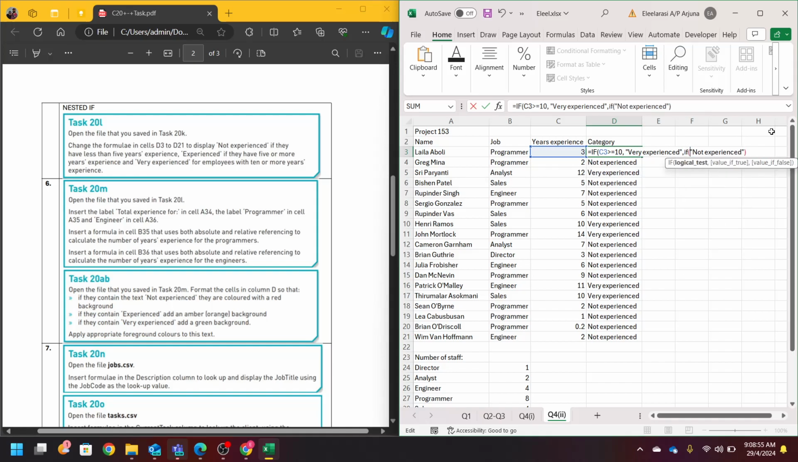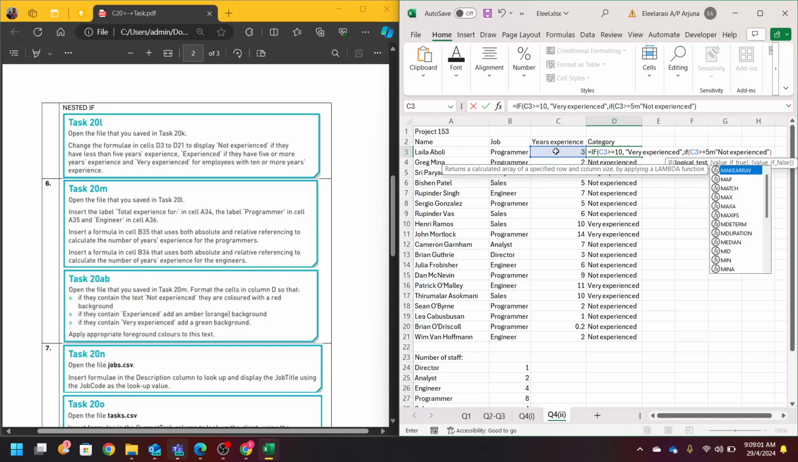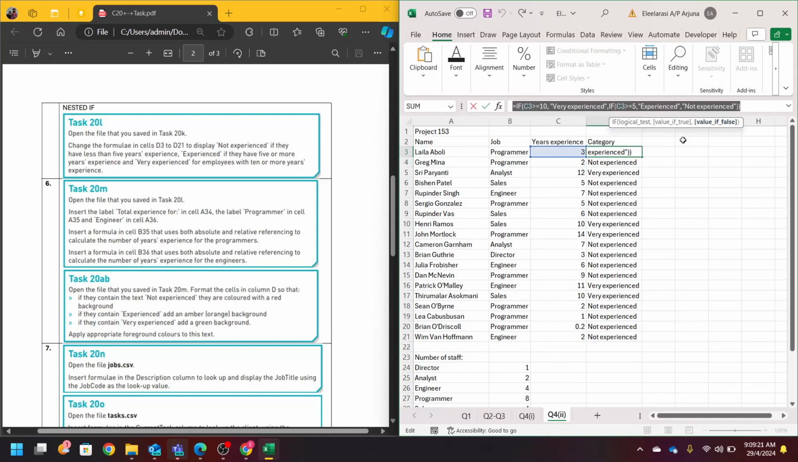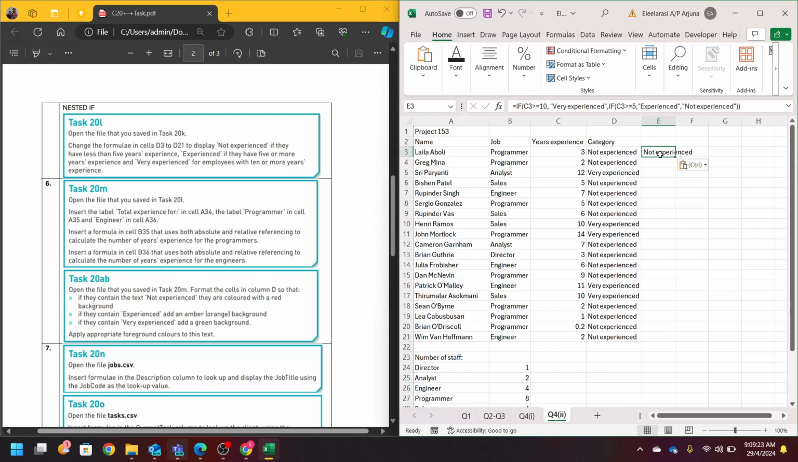If, again this one, we can go with greater than or equals to 5. Then we can put experienced. If not, not experienced. You can do this, or you can straight put less than 5, not experienced, otherwise very experienced. You can do this, or another method, let me put it aside. Another way of doing it